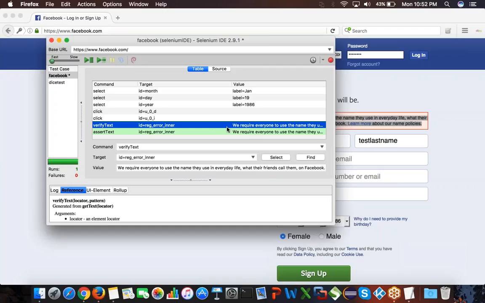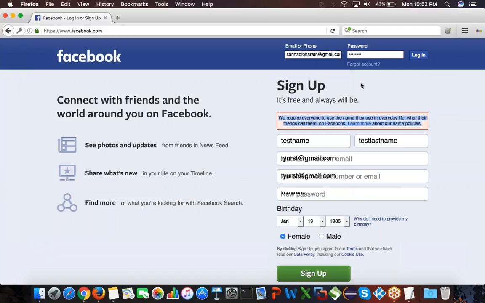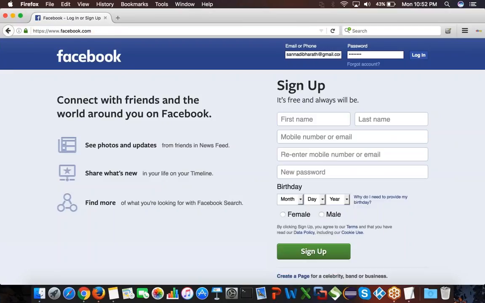There are some cases where you have to do verify, and some cases where you have to do assert. Think of when I'm opening a browser and the Facebook page. If this page completely did not open, there is no point in continuing the test case, because there is no page at all.